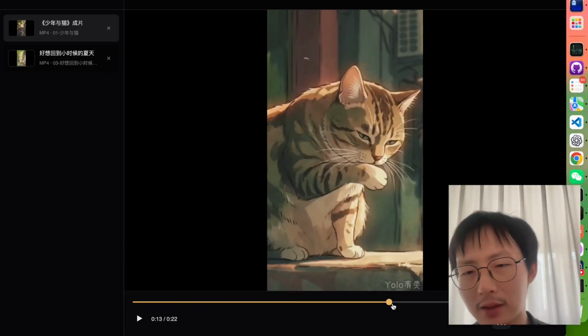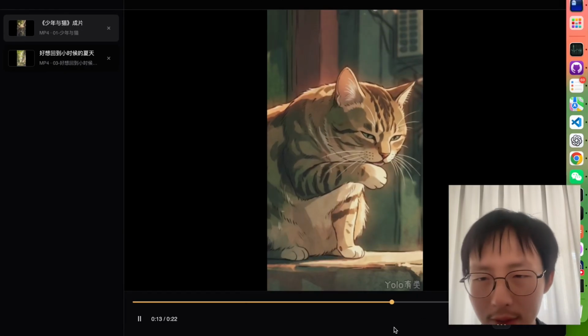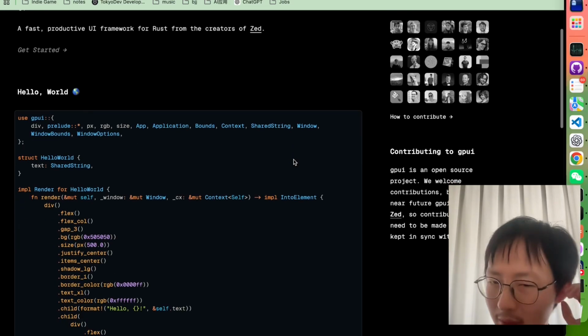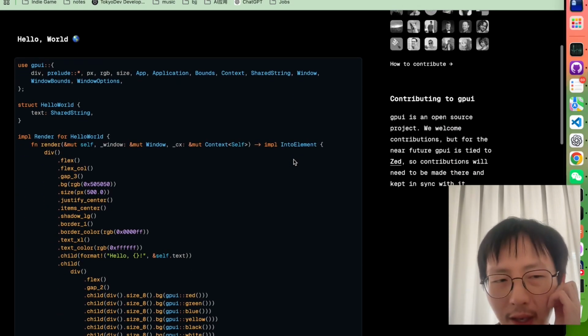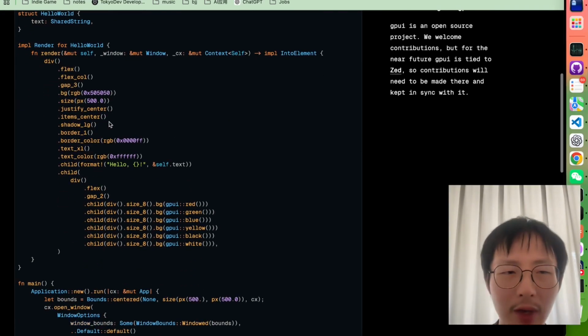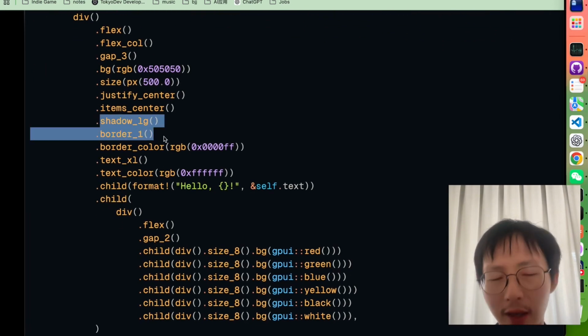And this is not web, right? This is not JavaScript or HTML. This is not Tauri. So basically the framework I am using is GPUI. It's made by the team behind Zed, and I really like it because maybe high-level language is not that high level, right? You can say this is Rust, but the API is just Tailwind.